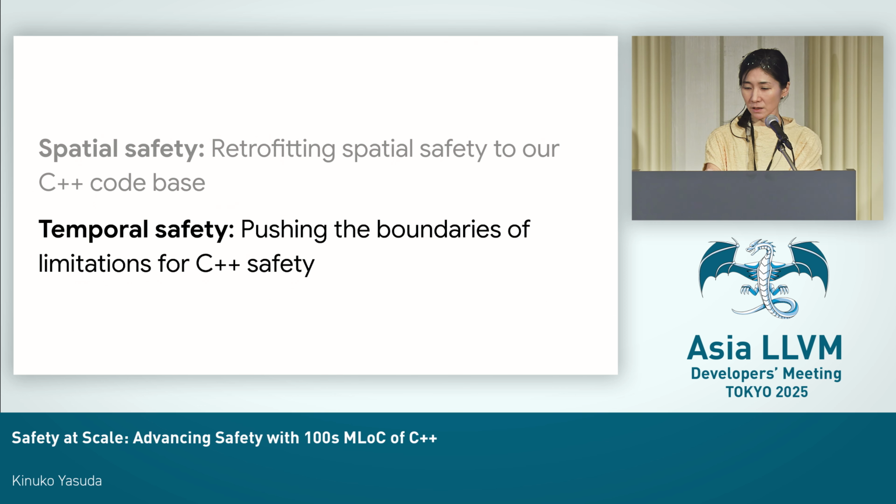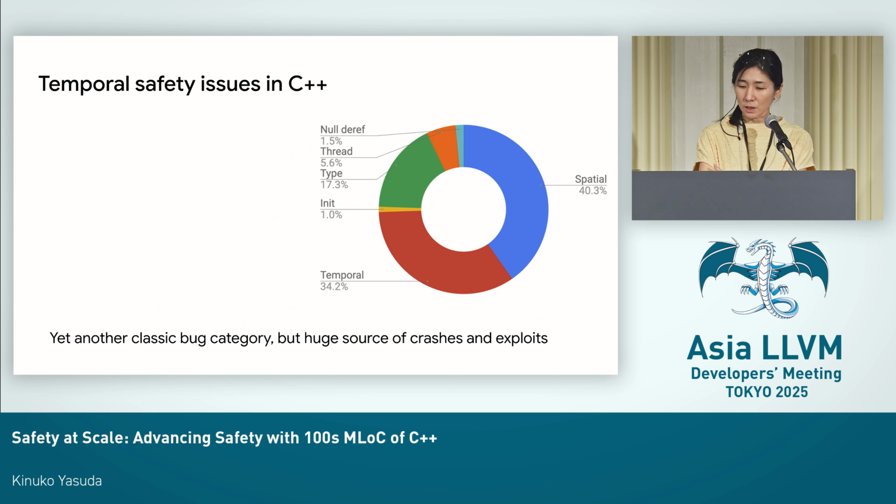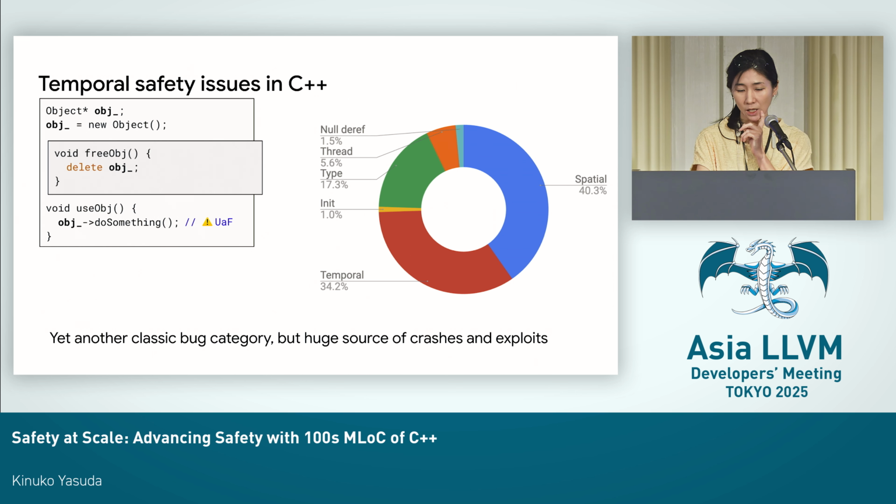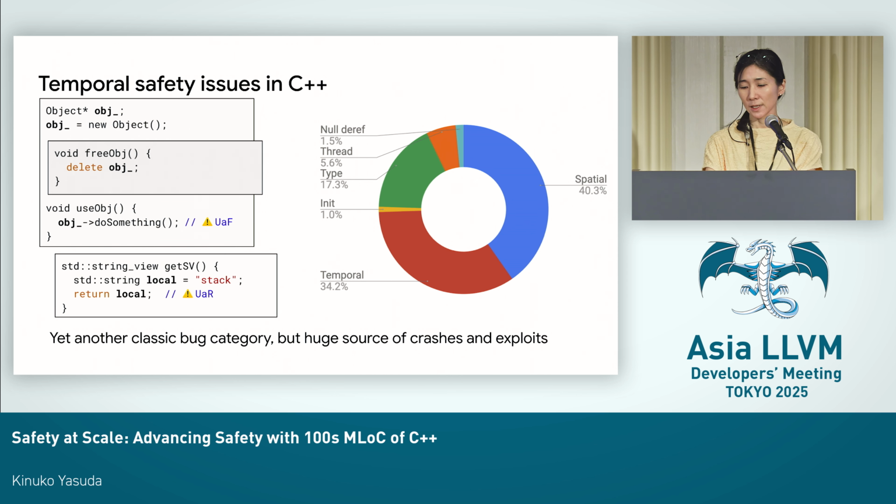So we had a good, promising result in spatial safety. Now I'd also like to talk about our efforts in temporal safety. Temporal safety violations happen when you touch memory after its intended time window finishes. This most typically appears as use after free, when memory is accessed after it's deallocated, or wrong usage of stack variables like use after return or use after scope.